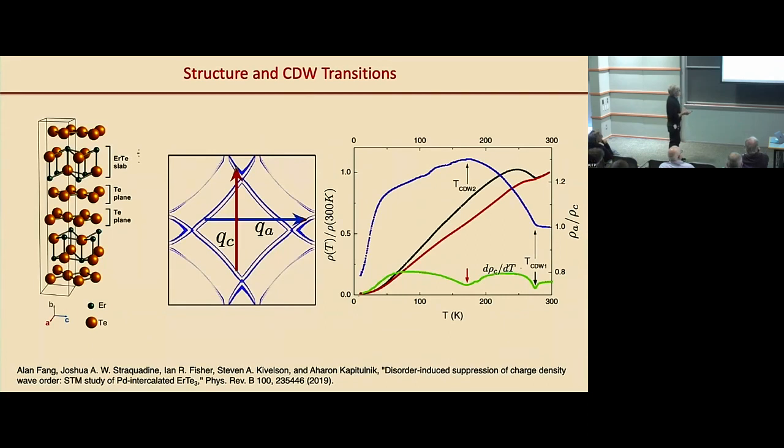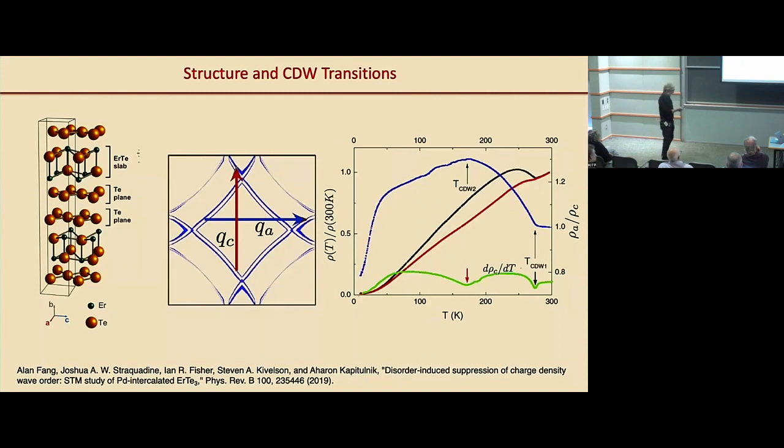You can see it here. That's the resistivity. That's the resistivity in the two directions, and then that's the ratio of them. And you can see where these two transitions are. If you take the derivative of rho c, and rho c is the red one, you see where the two CDW transitions are, around 260, 262, and then around 160 degrees, okay? In the first transition, that's the C direction, it becomes a 1D CDW, and then at 160, the perpendicular direction